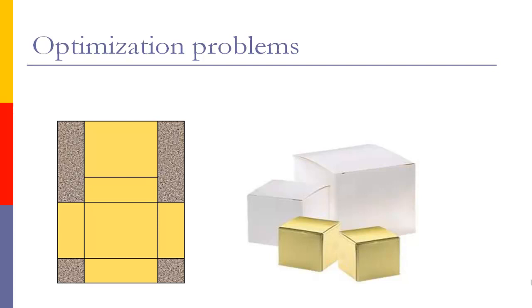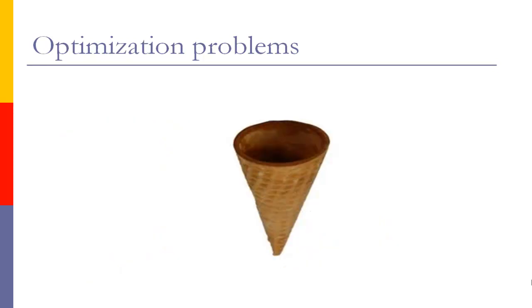Again, we're trying to make it as big as possible. Probably you have seen this kind of problem before. Or another one, for instance, might be how do we fold a piece of dessert, or a piece of whatever you call that thing that you fold to make an ice cream cone, in order to make a cone which has the biggest possible volume so that it will hold as much ice cream